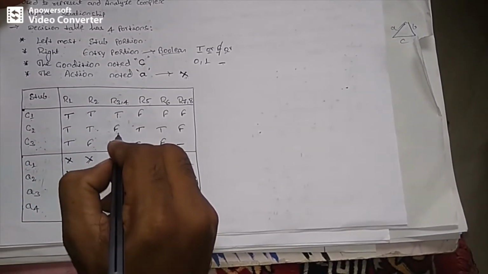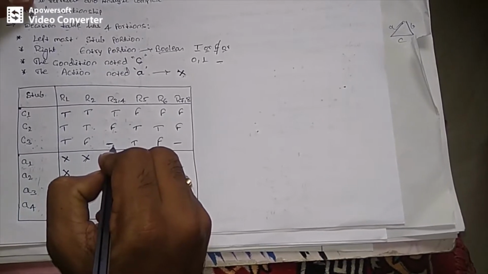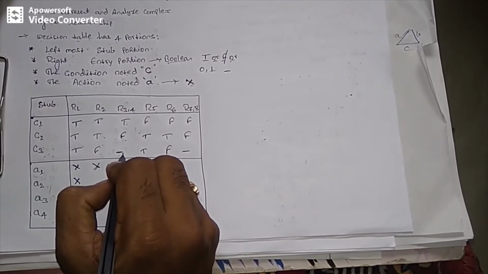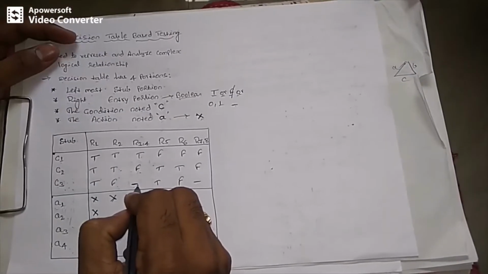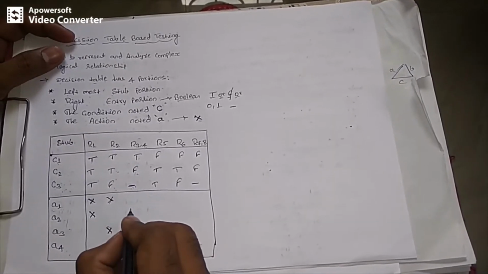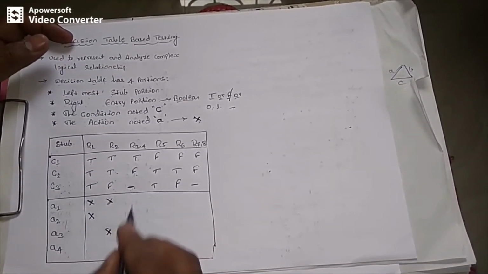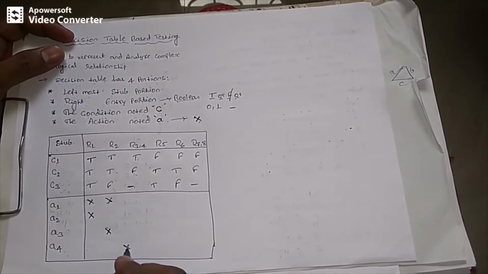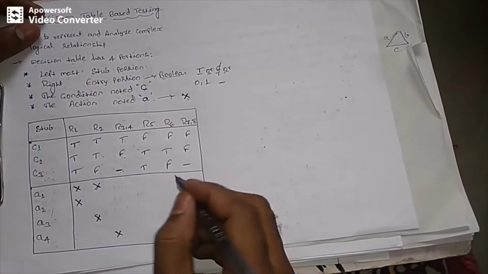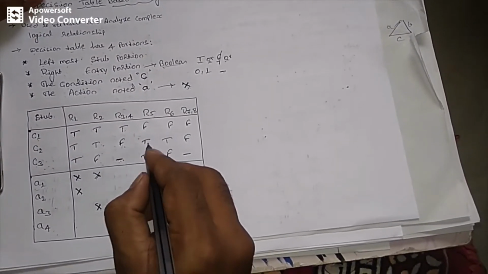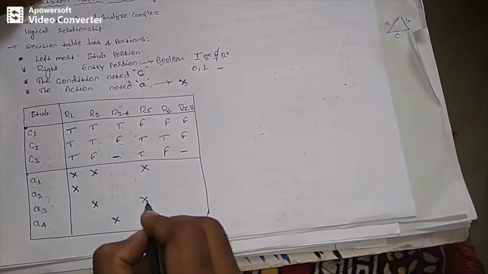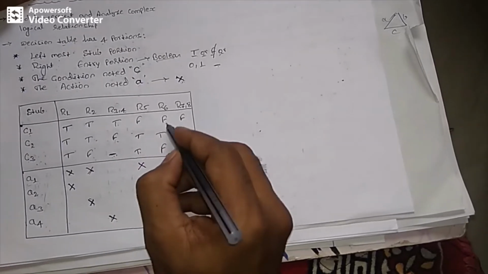Similarly, one true, one false and one dash. Dash is nothing but, as I told, not applicable, or it means it may be false or irrelevant. Then that will be represented by using a dash. If this is the combination, my output result might be A4. A4 is in the respective column where we have to put a cross mark. And then if true, true, false is there, my expected output result is A1 and A3, then put a cross mark over there.